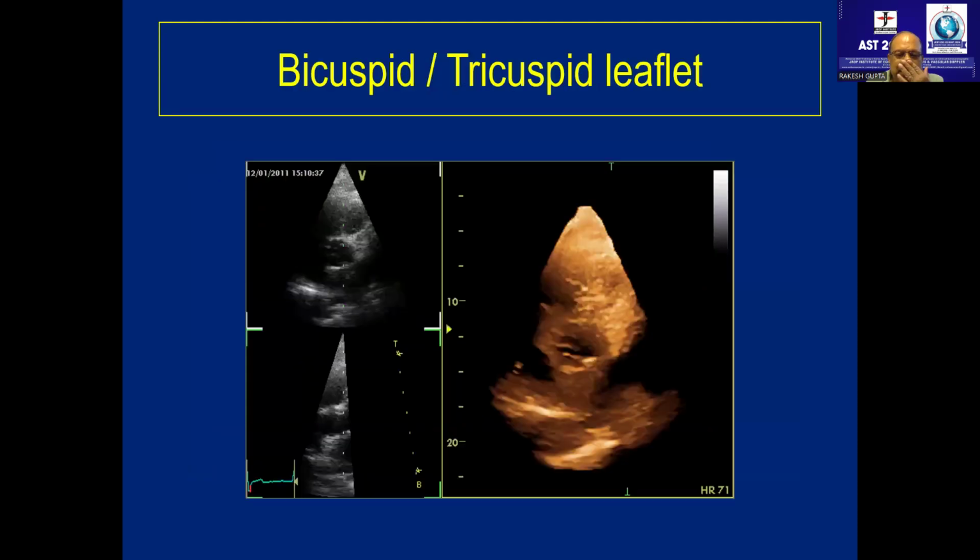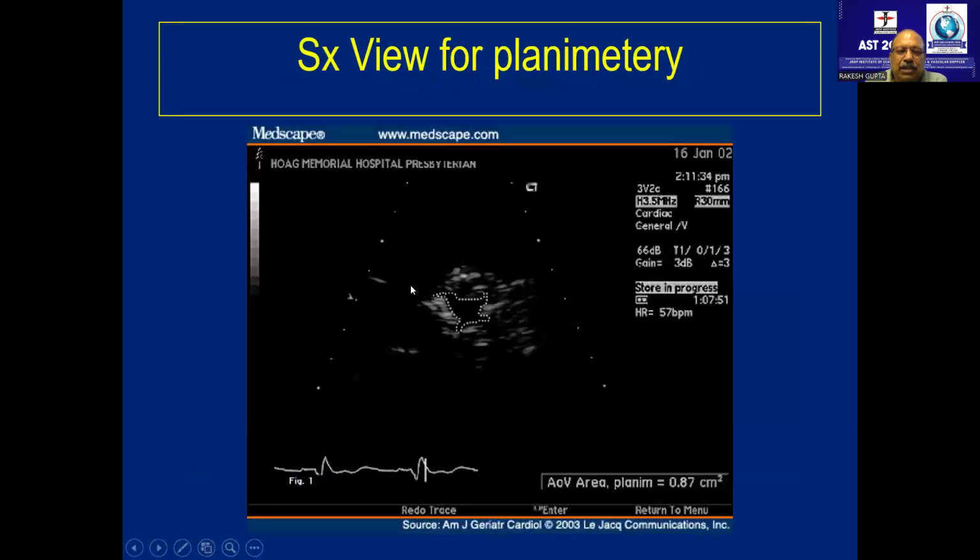Okay, I'll just show you this picture. This is the transthoracic aortic valve area which I'm trying to calculate over here. How fuzzy the lines are. And this area does not match with the aortic valve area when we do surgery. If I do a transesophageal echocardiography, my calculation of aortic valve area is extremely perfect. Let me now go to transesophageal. Give me a second.